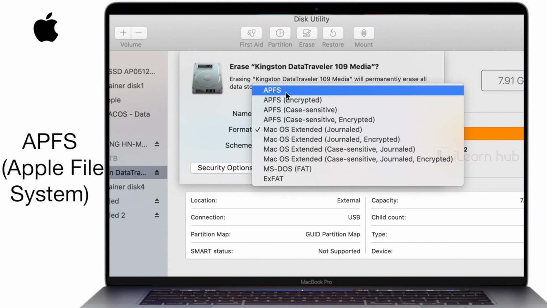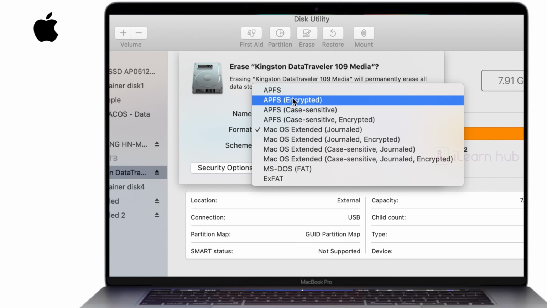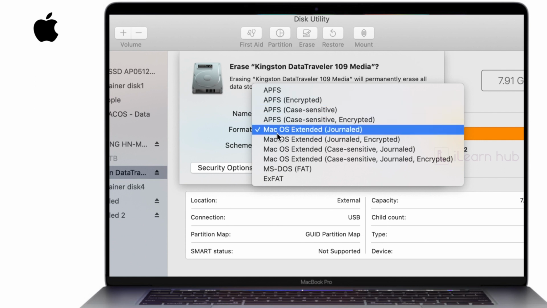APFS, Apple File System, is a pretty new format which is compatible from 10.13 onwards. If you have a previous operating system like 10.12 or 10.11, Mac operating system cannot understand APFS. So if you have older computers, it is always a good idea to use Mac OS Extended.